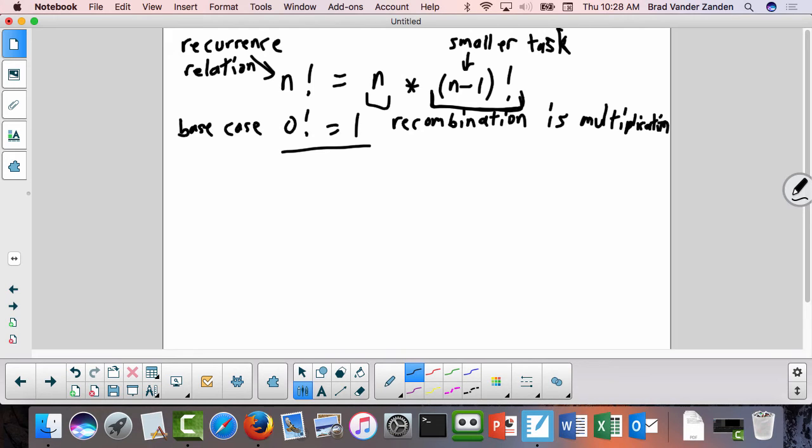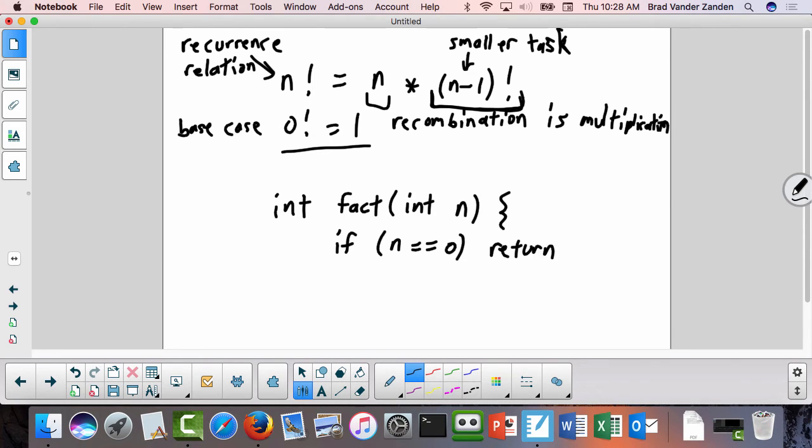Okay? Now, if I were to program this up, so this particular recursion, I might write int factorial, which I'll abbreviate fact, int n. Say if n equals 0, return 1, else return n times fact n minus 1. Now, I probably also should add an if n less than 0, return something, because factorial is